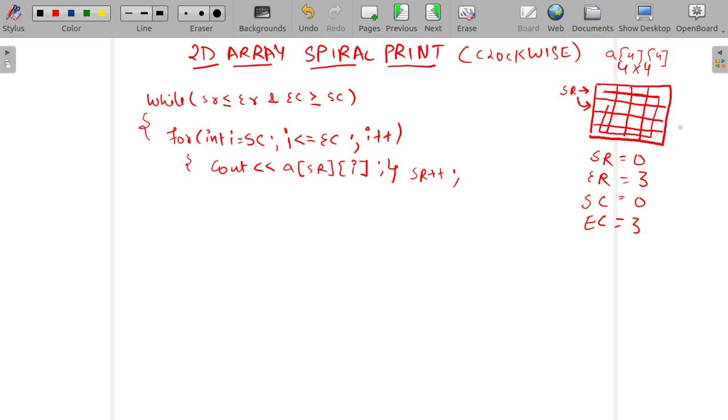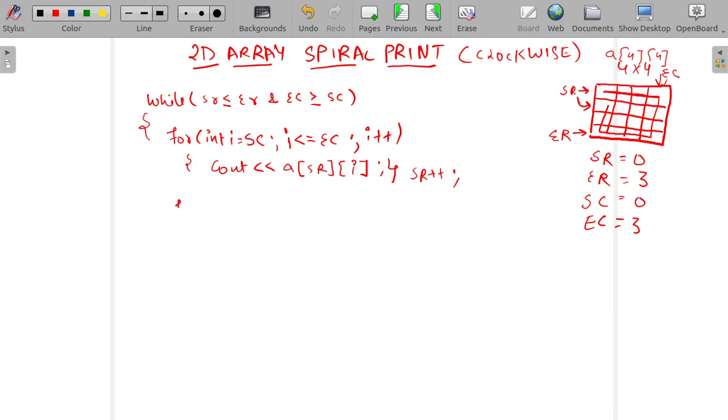So what we will do is we will iterate over the row from start row till end row, keeping our end column constant.